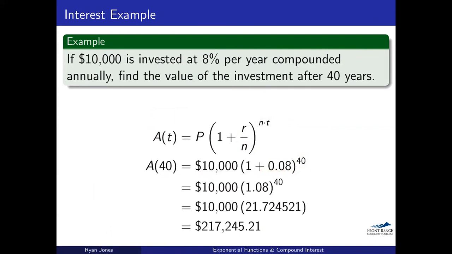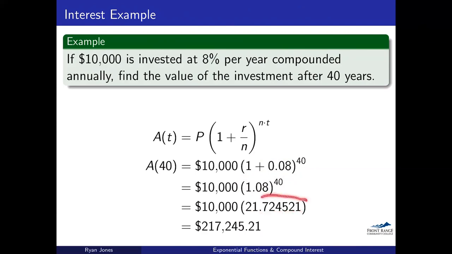Well, first things first, we have to deal with the parentheses and what's inside there. So I add 1 and 0.08 and I get 1.08. At that point, I have to move on to the exponent. I don't want to take 10,000 and multiply it by 1.08. I want to take 1.08 and raise it to the 40th. And when I do this, I get